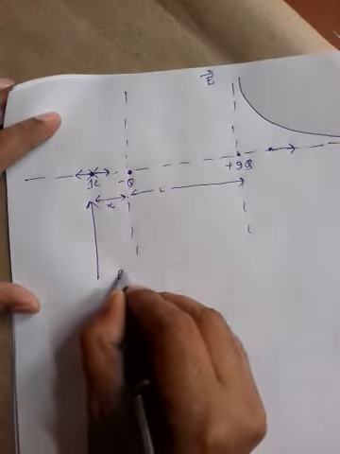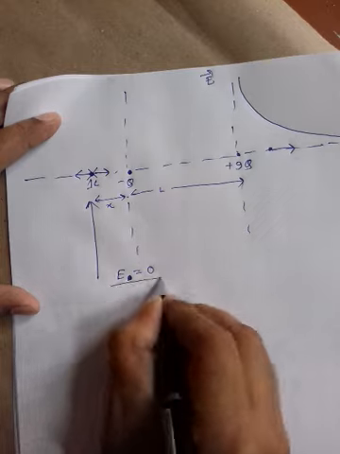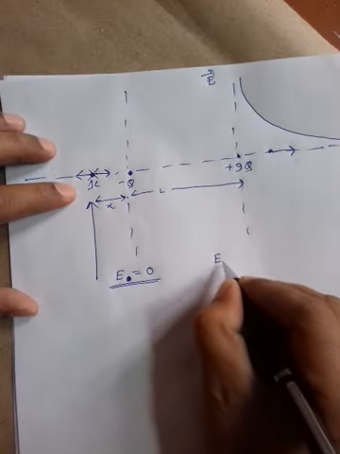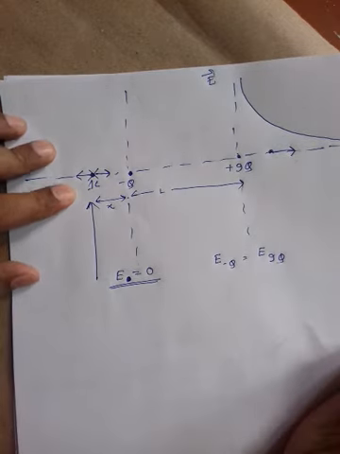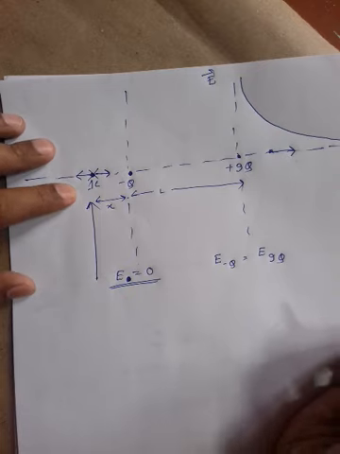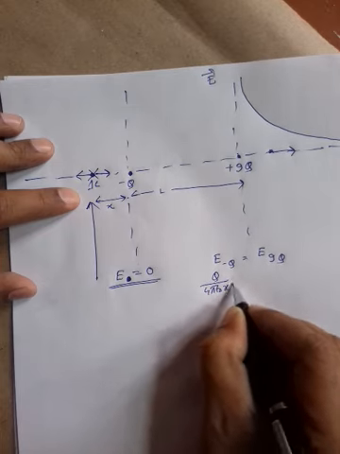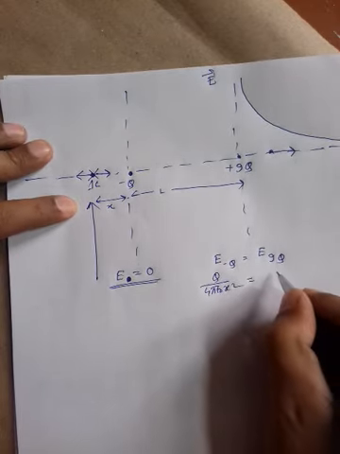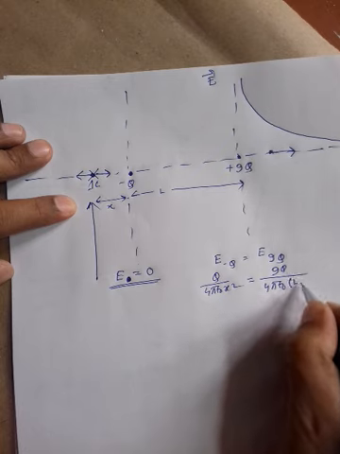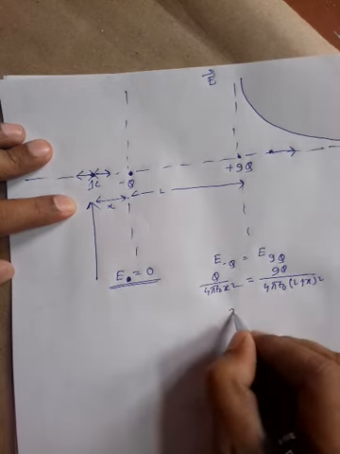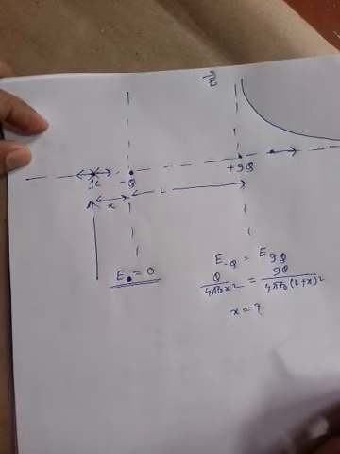If you want to make the field zero, then the field because of minus q should be equal to the field because of 9q. In my case, no such calculation is done, only the graph is roughly drawn. So what is E because of minus q? Only q by 4 pi epsilon naught x square, because we consider this distance x. Because of 9q, it is 9q divided by 4 pi epsilon naught, L plus x square. So I am sure by solving, x can be measured, meaning if required you can measure where that zero lies. Okay, I hope there is no difficulty in that.